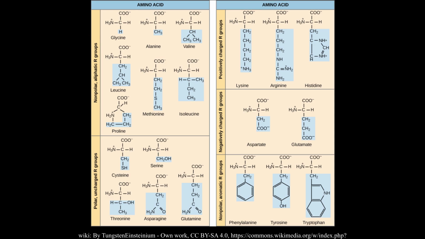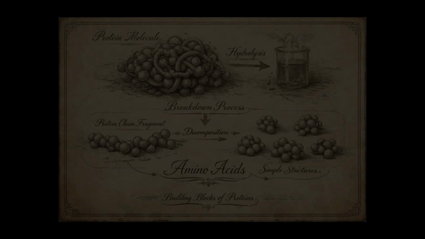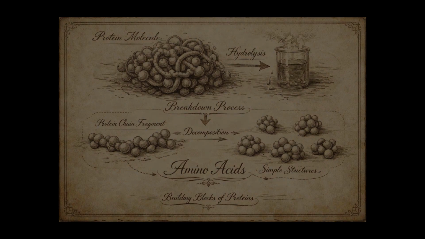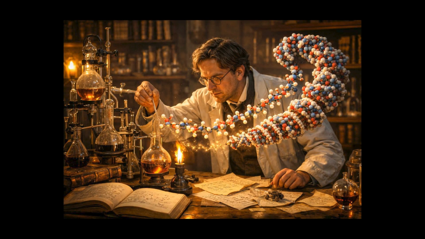There are 20 amino acids that make up proteins, and the part of the molecule that isn't either the amino or the carboxylate group is called the side chain, and this is the part that makes each amino acid unique and gives them their character. It was quickly surmised that amino acids were the building blocks of proteins, since the hydrolysis of proteins, which is a process where molecules are broken down with water, resulted in the formation of amino acids, but no one had actually proven this by synthesizing proteins from amino acids.